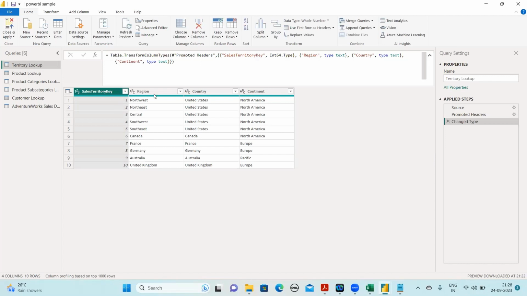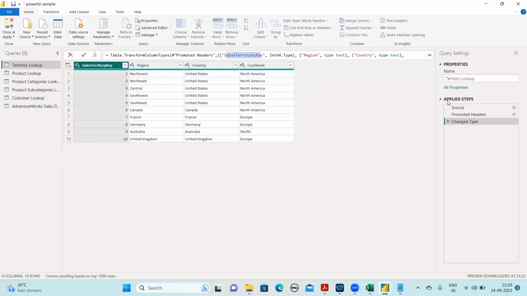And region is showing me as text. Country again is showing me as text, and continent is again showing me as text. It denotes what type of data you have. If you see the right corner over here, you have a change type and a promoted headers step. If you click on promoted headers, you'll see what the header is and what the source